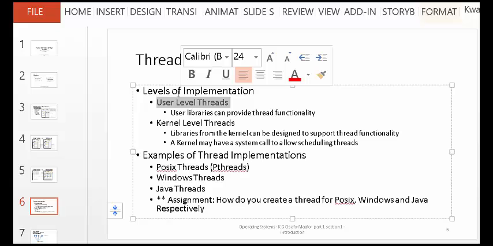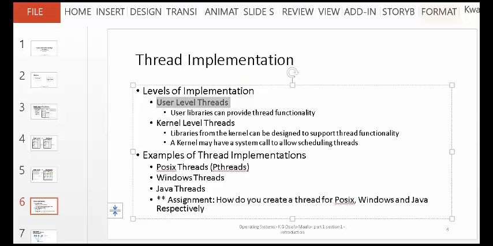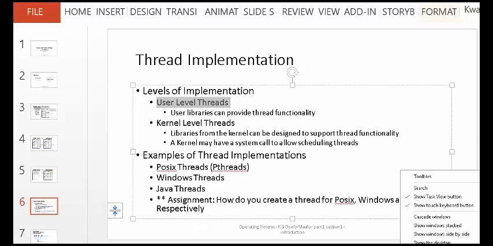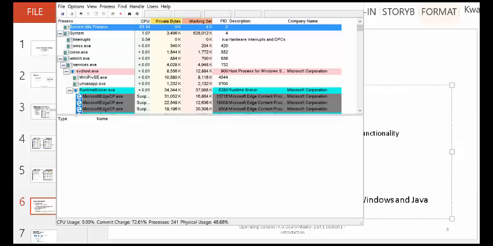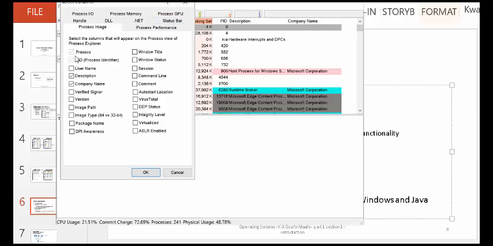So if you have a multiple core machine, let me see, where's my task manager? I'm going to start my task manager. Hopefully it starts. If you have a multi-core machine, let me see if this one can show you which CPU each is running on.